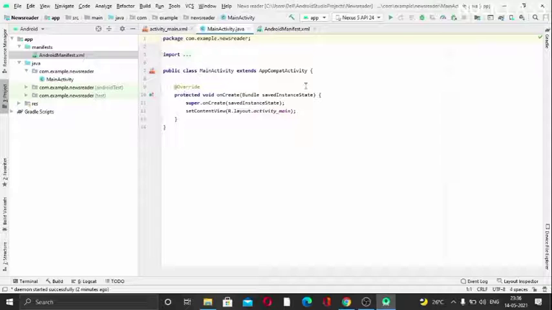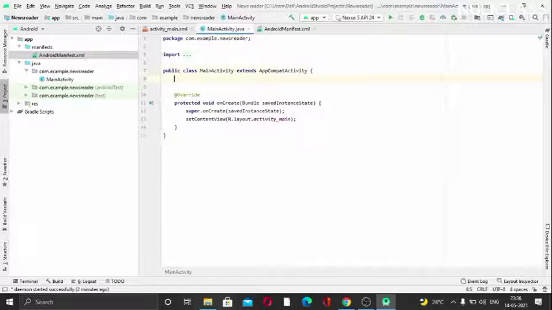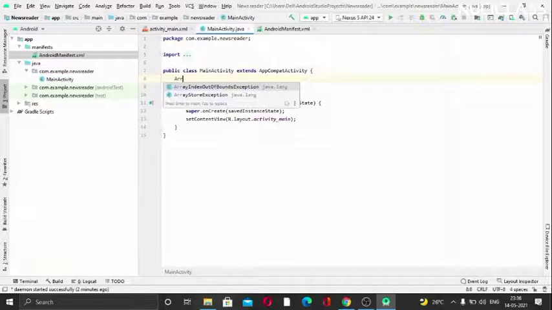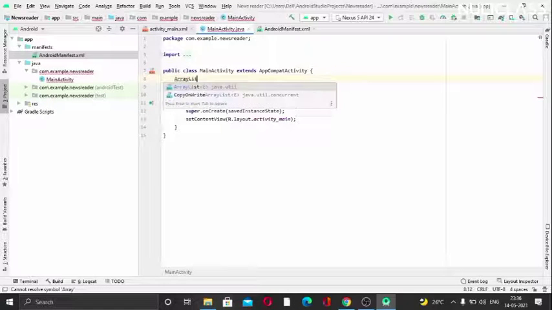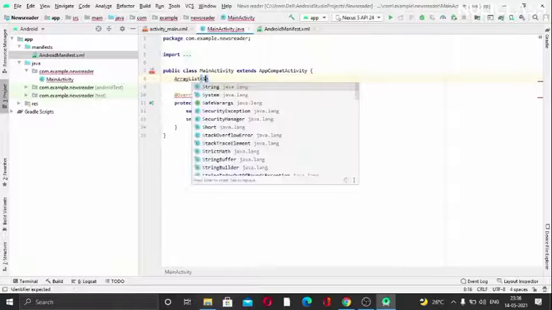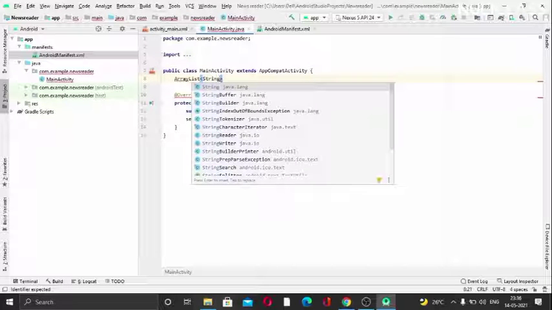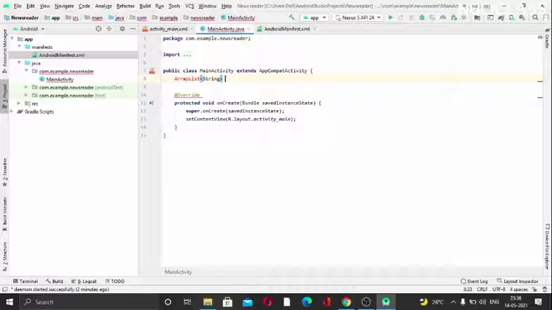Now we will just begin with our code. We have to create an array list, because to show in the list view we require a list. So we will create an array list of strings initially, and we will give it the name titles.